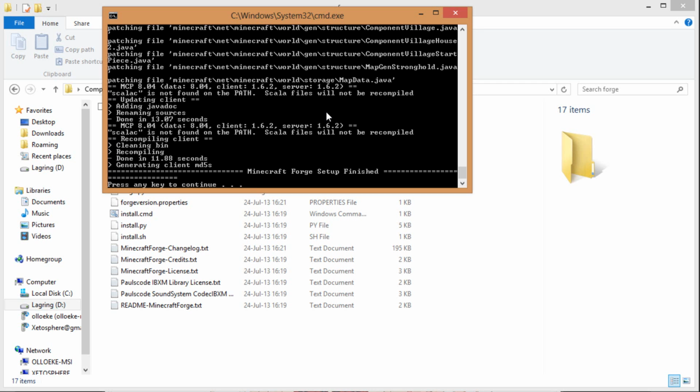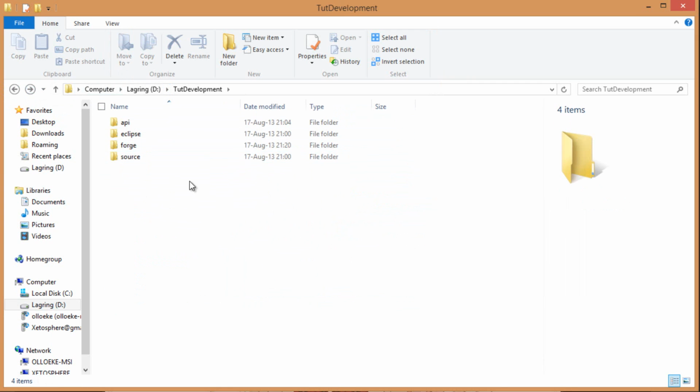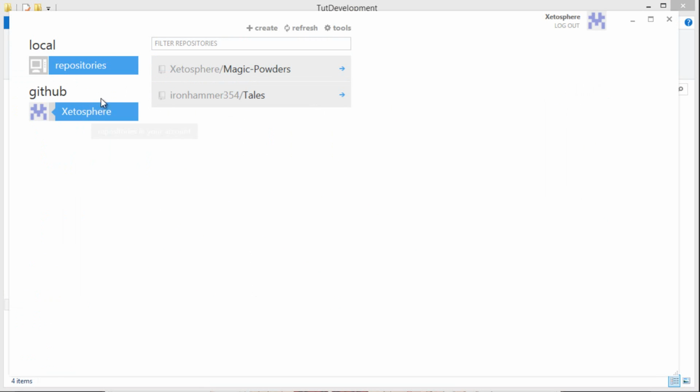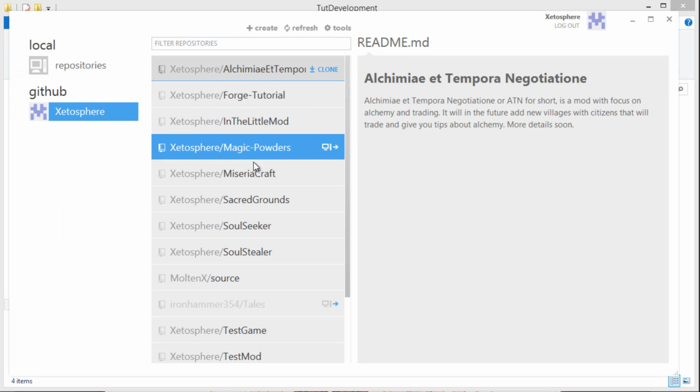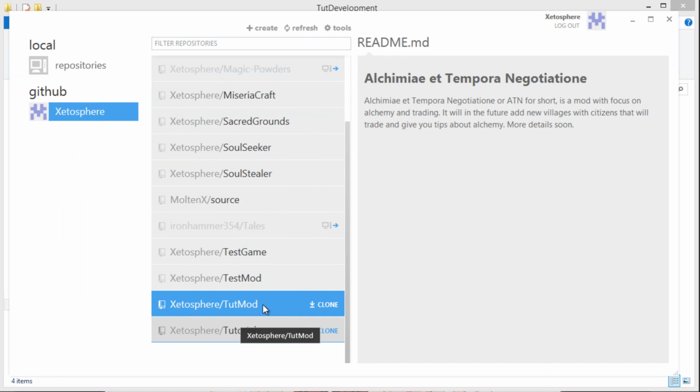on our Eclipse project. So we just hit any key to get that down, and now we're going to go in here. We are actually not going in there. What am I saying? What I am going to do is open my GitHub. I'm going to browse for my GitHub repositories, and as you can see here, this is my tutmod repository. I hit clone,